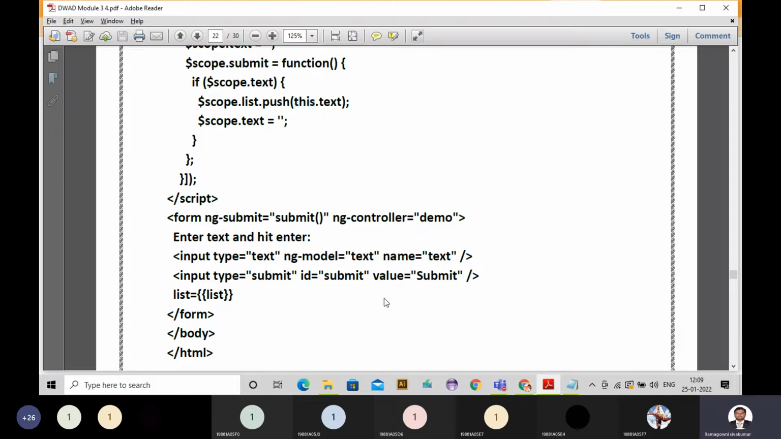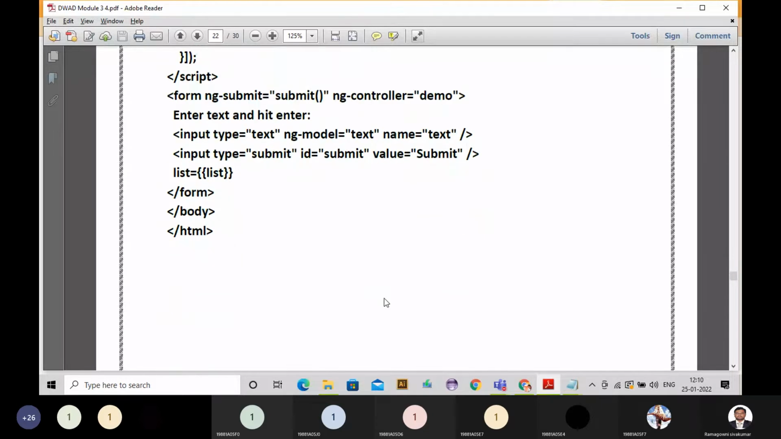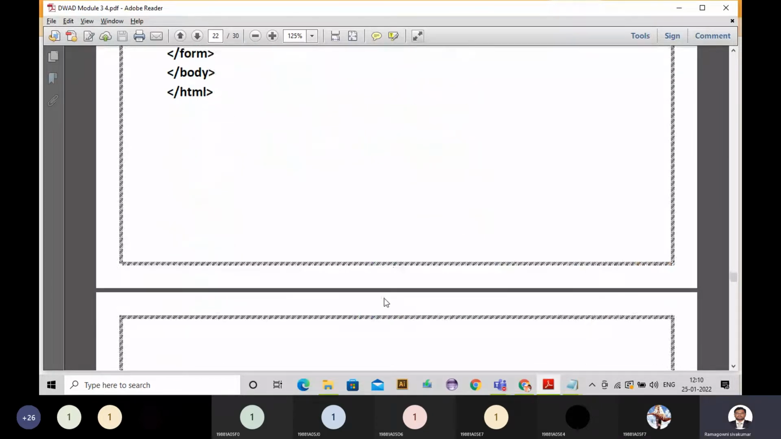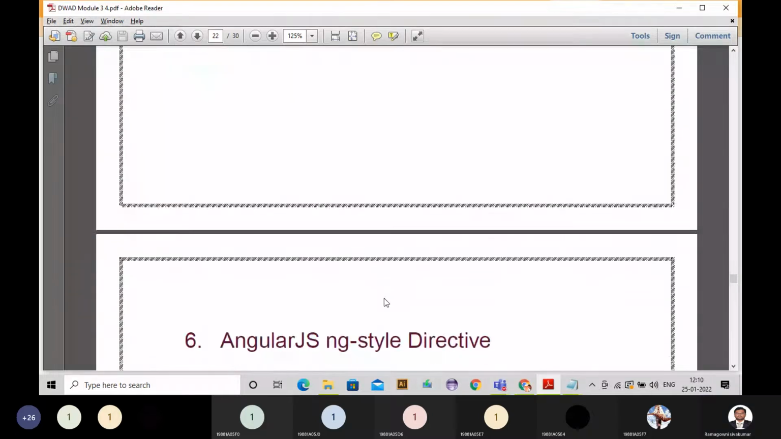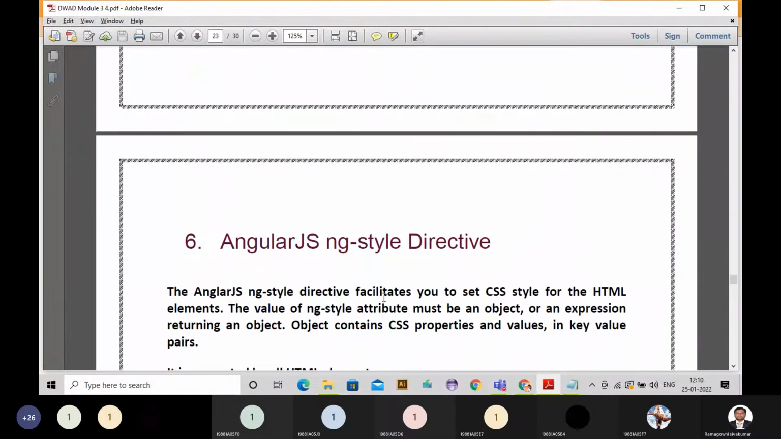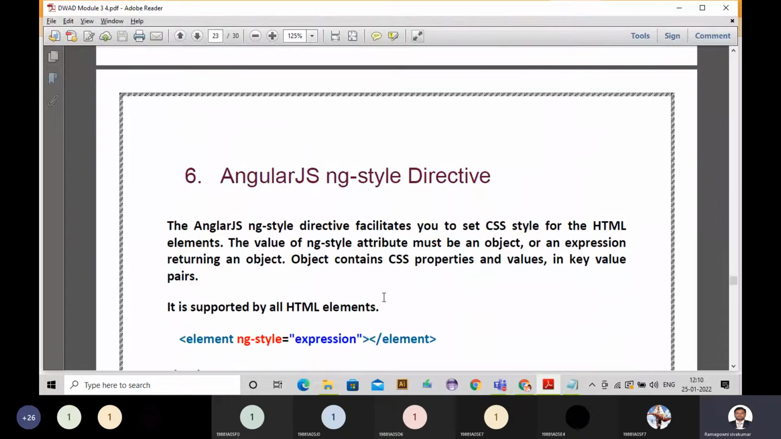So in this type of logic also we can write. One minute. Next,